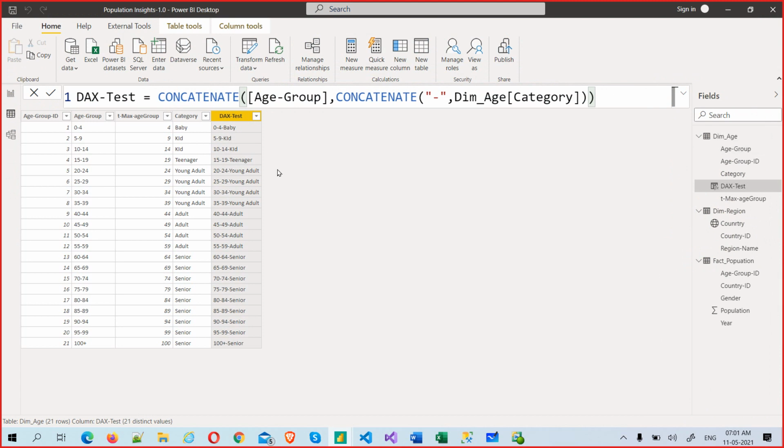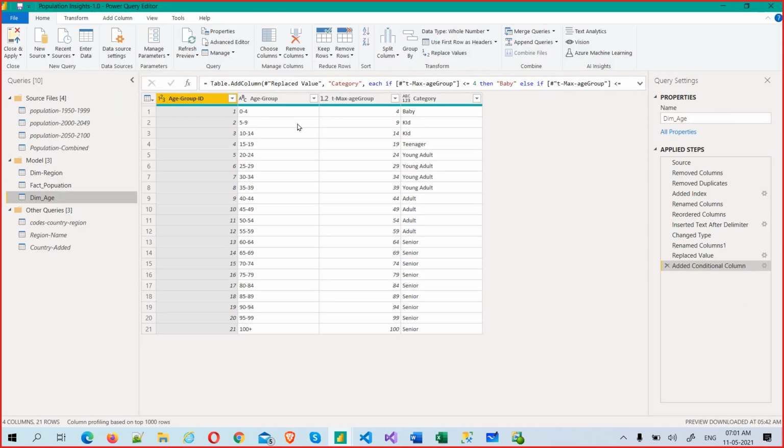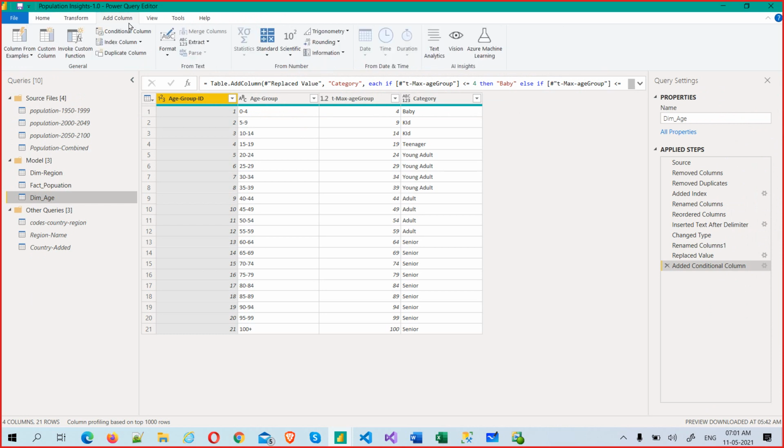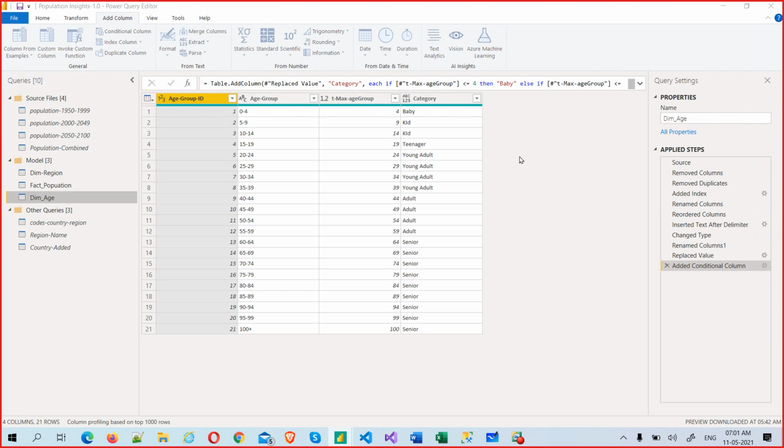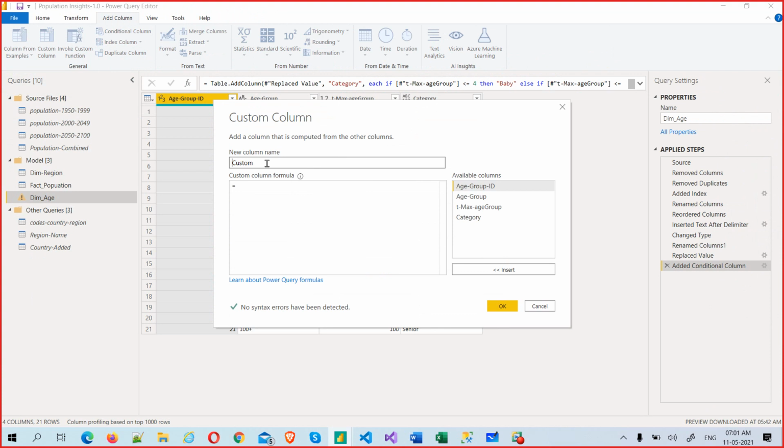So now, if I want to create the same column here, can we create the column here? Not there, but here? Yes, you can create the column here. Add column, and there's an option called custom column. So let me do that, and we'll finish this session today with this option. Now I can name it M test.